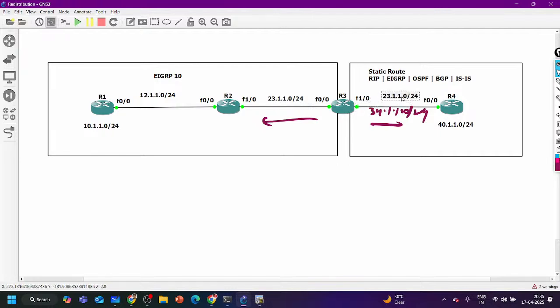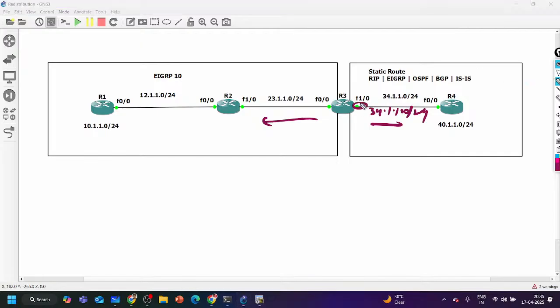But for the EIGRP neighbor, guys, tell me, no, because until and unless you enable EIGRP on this interface, it will not advertise this subnet, correct? But here, why would I enable EIGRP? I can't enable it, right? Maybe this is a different company.